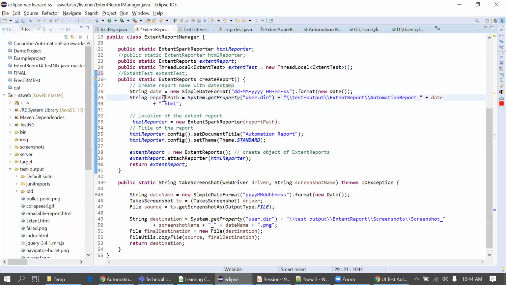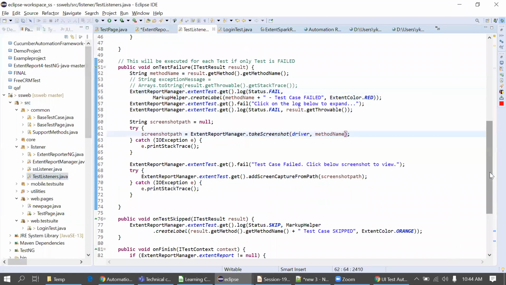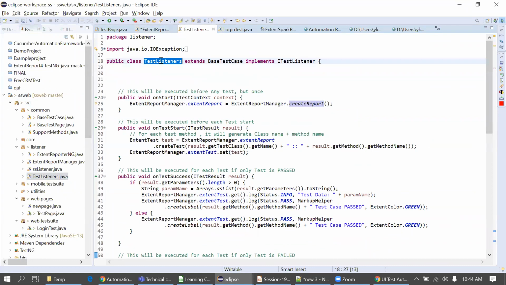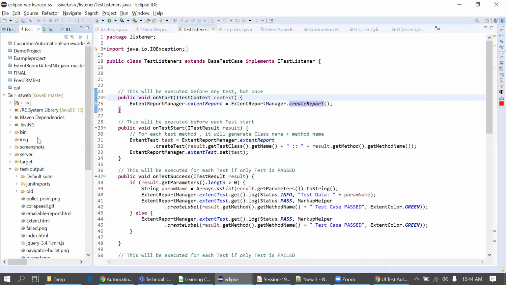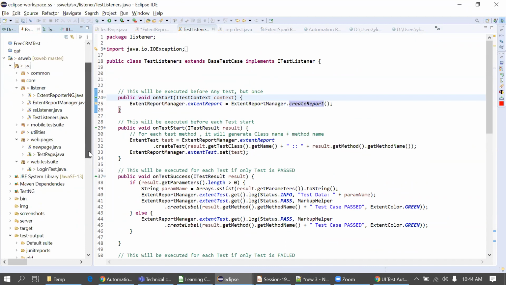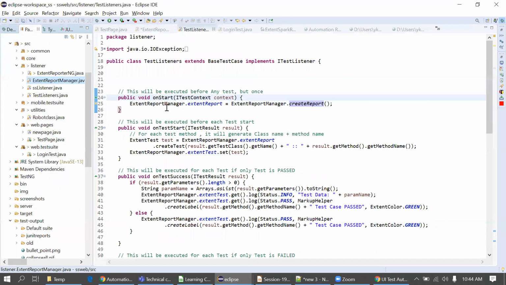So now I'm implementing the listener. You can see it's a test listener. Okay, this is fine. I'll simply copy this code to our project and then write it step by step, otherwise you will get confused. So I'm copying that ExtentReportManager code only to our project, which is in the utilities.